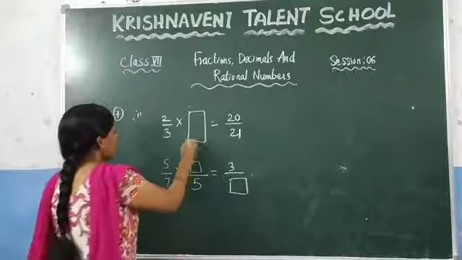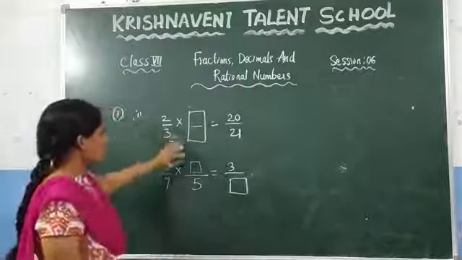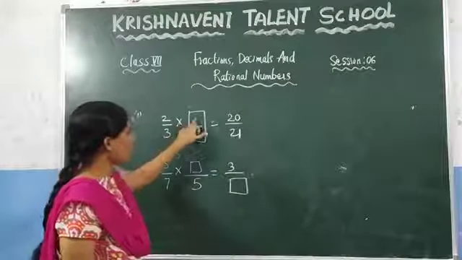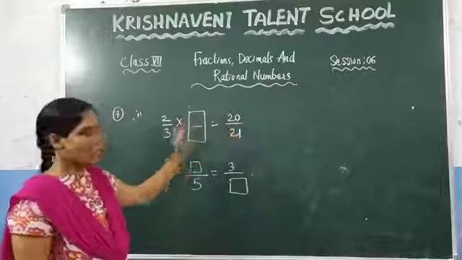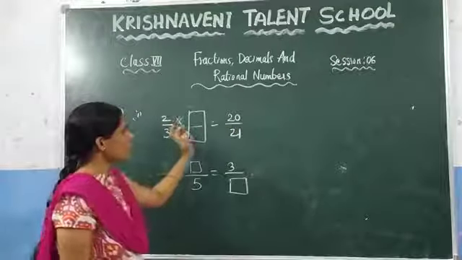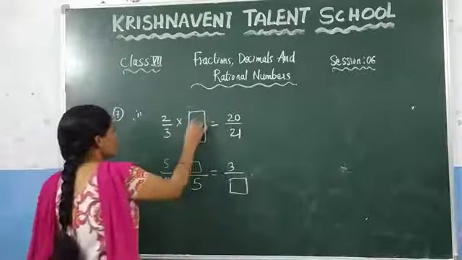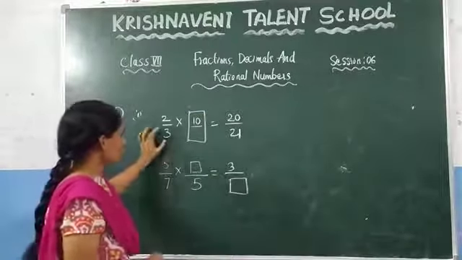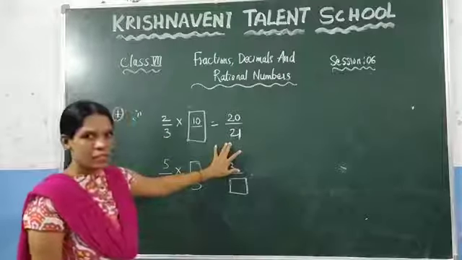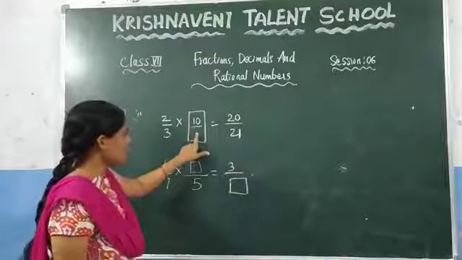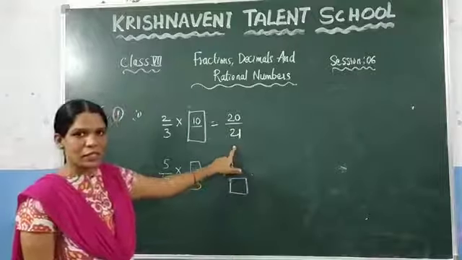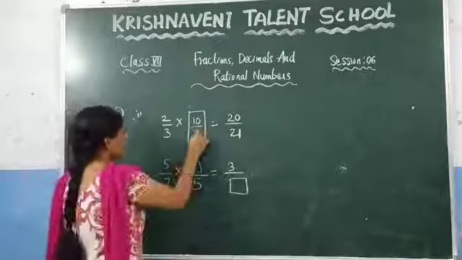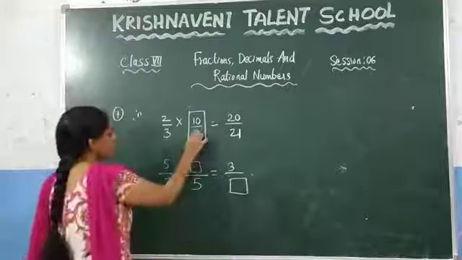So here, how do you do this one? Here 2 by 3 is there, and if you multiply 2 with some number, you have to get the result as 20. Right? So here you need to check in the 2 table when you will get 20. And you know that 2 tens are 20, so write it here 10. Similarly, here 3 is given, and the result given is 21. That means you need to multiply with one number such that you get the result as 21. So you need to check in the 3 table when you will get 21. 3 7s are 21. So write it here 7. This is the first one.